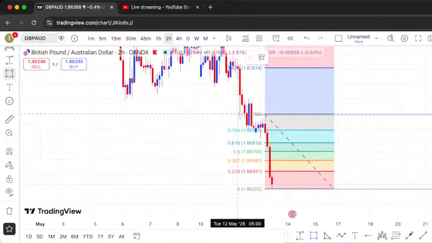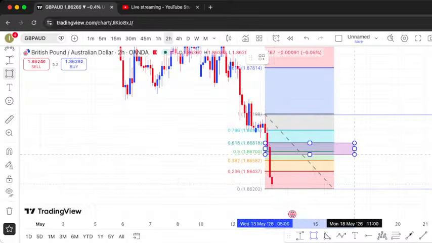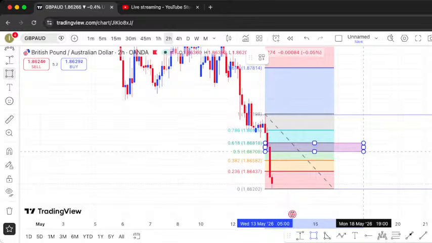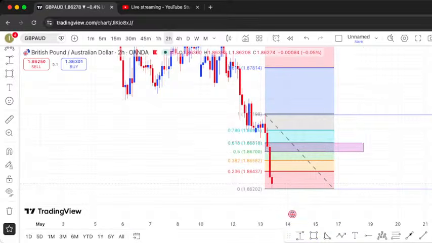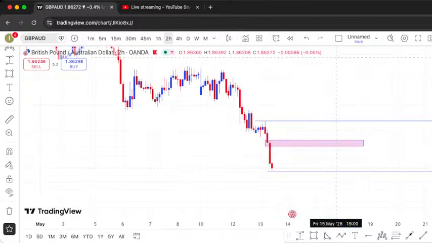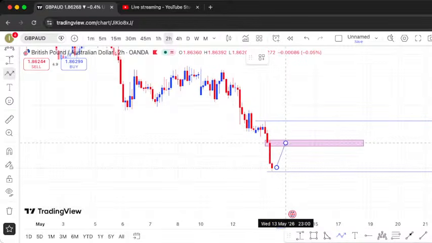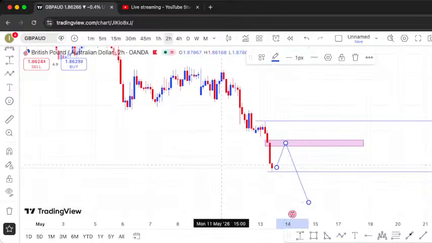So what should we mark here? We should mark the middle, which will be 0.5, 0.6. That will be our fib level. And now that fib level says that this market is supposed to pull back all the way to 0.5, 0.6 so that we can have those sales opportunities there. So after that, remove that zone here. And then let's wait for this market to pull back all the way to 0.5, 0.6 so that we can have those short positions on GBP AUD.